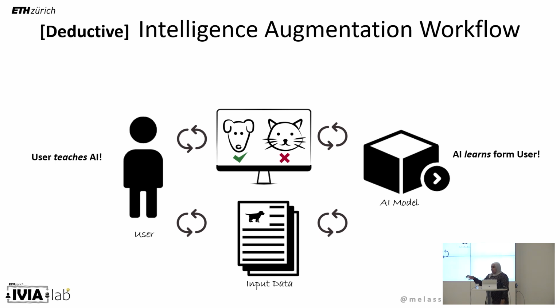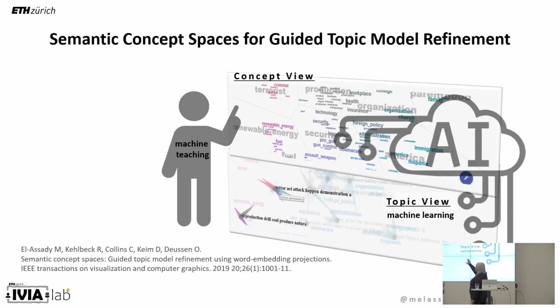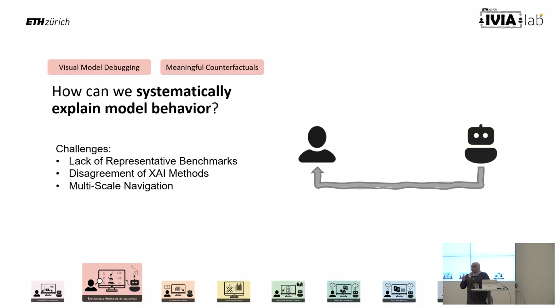And in the same problem of topic modeling, we might have an interface where we let people move around different concepts on a high level, and in the background, we try to learn the connections between these concepts that would generate a process that gets from the documents that we have into these high-level concepts. So this is the first research area where we're looking at workflows, but in order to actually establish these workflows, we need to figure out how do we explain model decision-making from the model to the human.